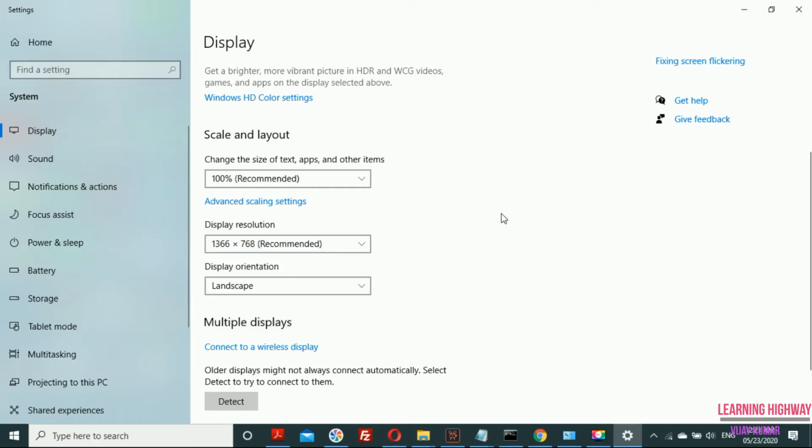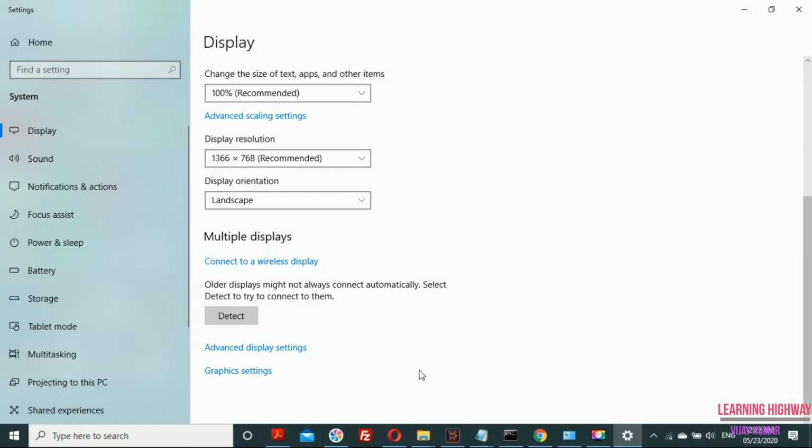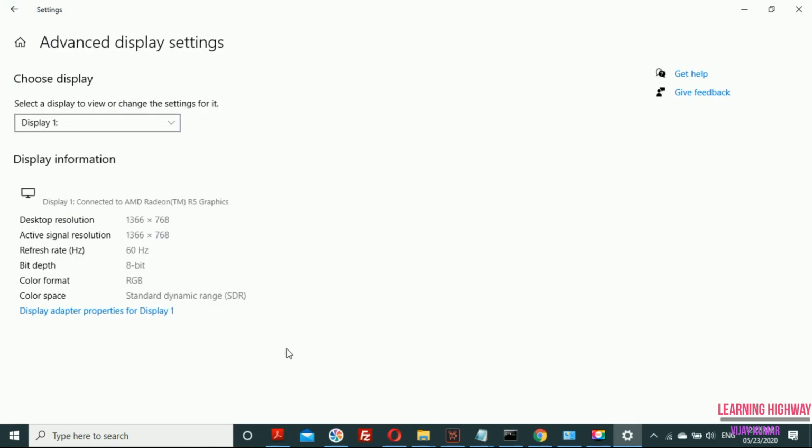And now the other thing is, some people face that this display resolution property box is grayed out, and for that you have to go to advanced settings, which is given at the bottom of this property box. You can see that the advanced display setting option is here, and you have to click on this, and now you can see that your adapter information is given here, which is attached to your display, and you have to go to properties for this adapter, and you can do this by clicking on the link displayed at the bottom.